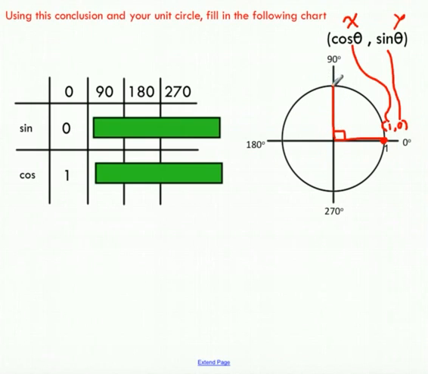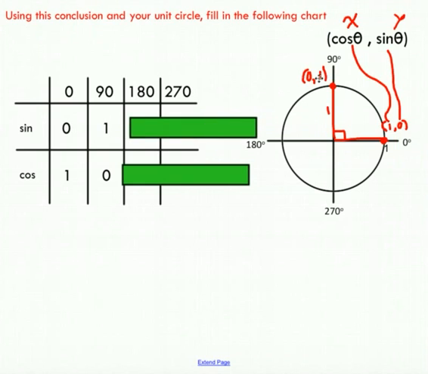Okay, so the coordinates of this point, we now have an x value of 0. You can see that I'm moving along my x-axis to 0, and my y coordinate should be 1. I know it's 1 because remember the radius here is 1. This is a unit circle. So the height of this line here should be 1. Comparing this to my cos comma sine, you should be able to tell right away that the x value, your cos of 90 degrees, should be 0. The sine of 90 degrees will give you 1. That's your y coordinate. You can see that right here.